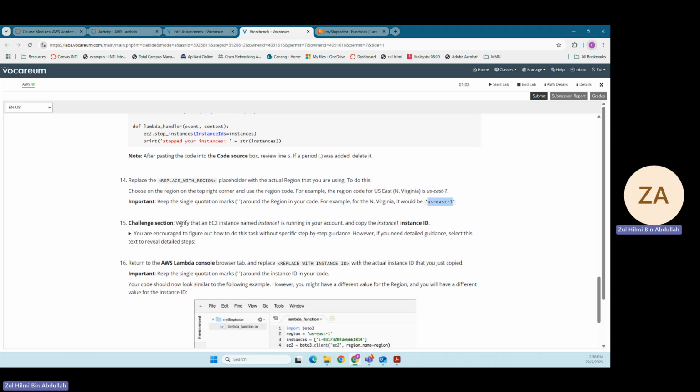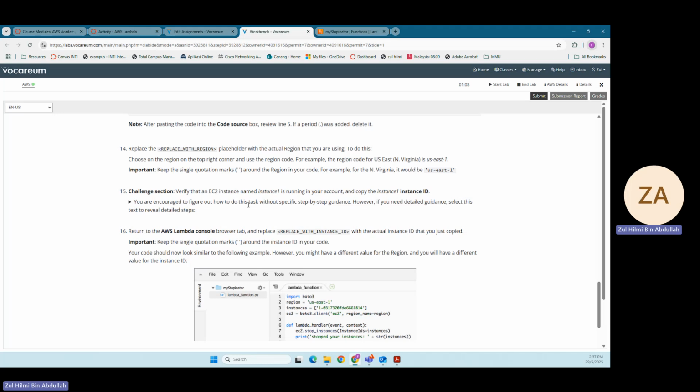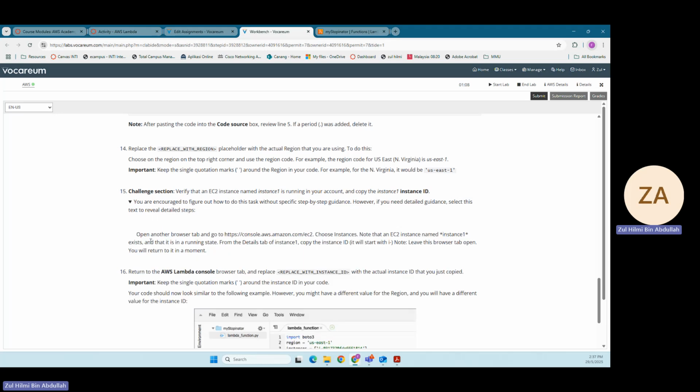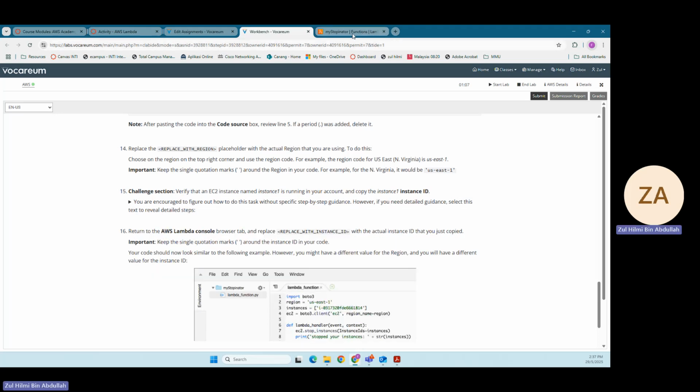In the challenge section, verify that the instance named Instance One is running in your account and copy the instance ID. Instance One, right? You are encouraged to figure out how to do this task without step-by-step guidance. However, if you need detailed guidance, select the text to reveal it. Okay. So you can use